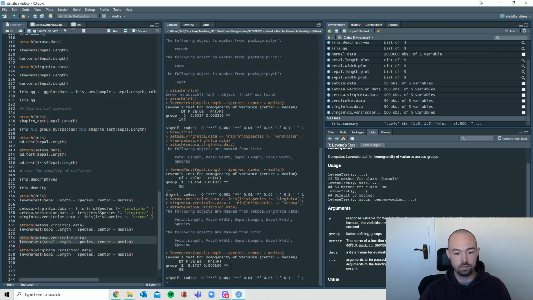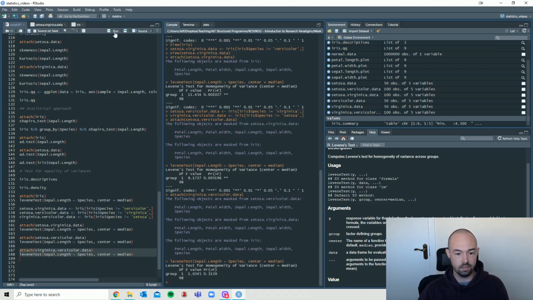Here we can see that I've attached the Setosa versicolor data first, and after that I've run the Levene's test. So for Setosa and versicolor, the p-value is also below 0.05, so they are statistically significantly different, and they have different variances. And in the last one, virginica and versicolor, if I run that, here now we see that the Levene's